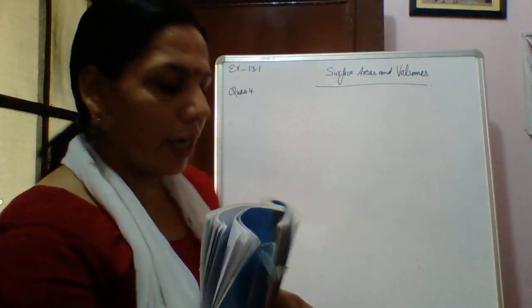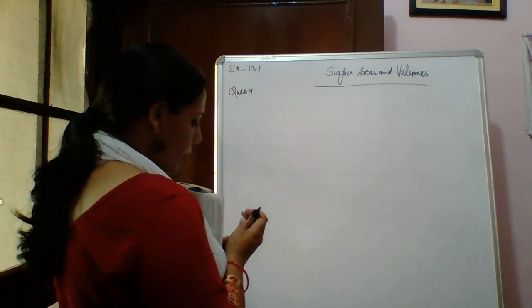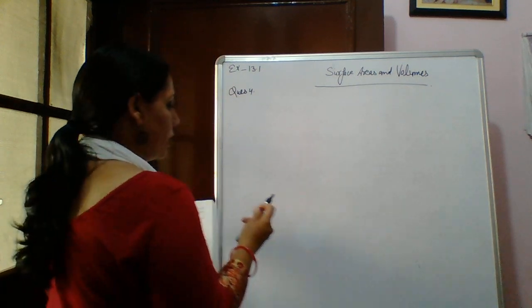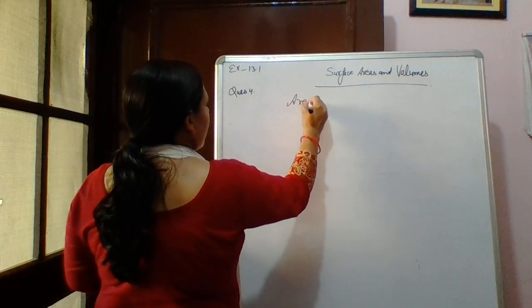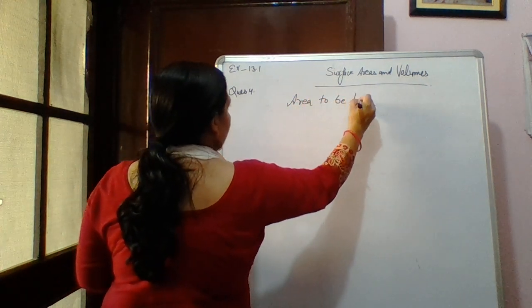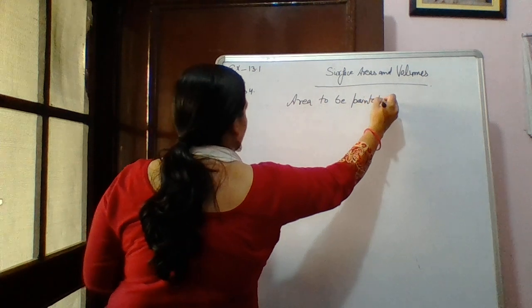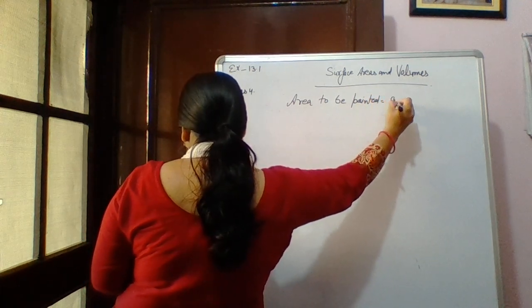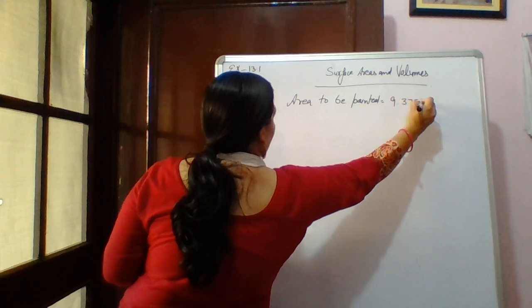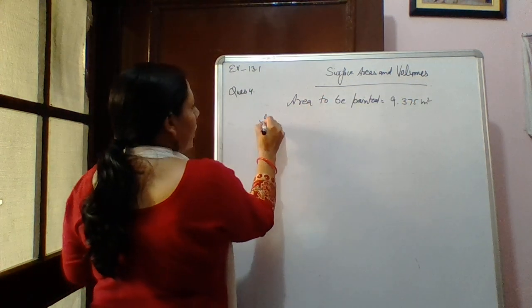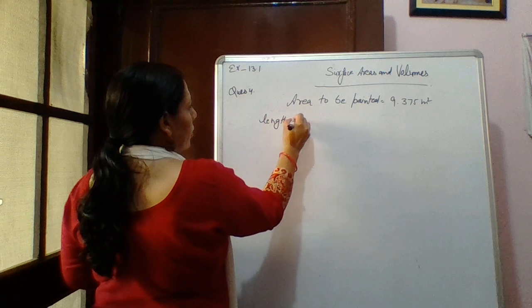Question number 4. The paint in a certain container is sufficient to paint an area equal to 9.375 meters square. How many bricks of dimension this and this can be painted out of this container? Means we are having a container in which paint is kept. By that paint, how much area we can paint? Area to be painted, you can write here, that is 9.375 meters square, and the dimensions of length of brick,